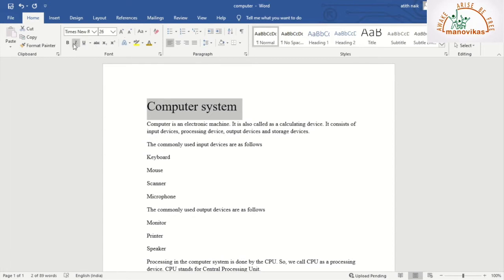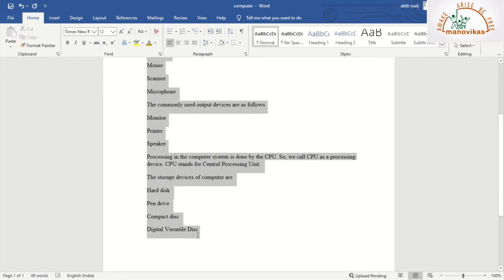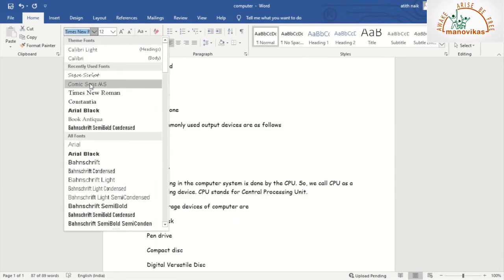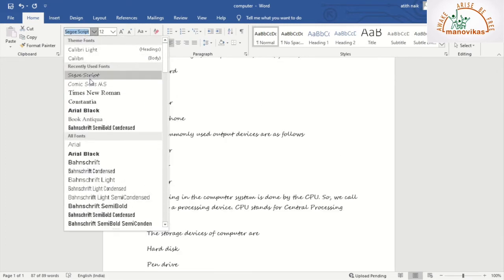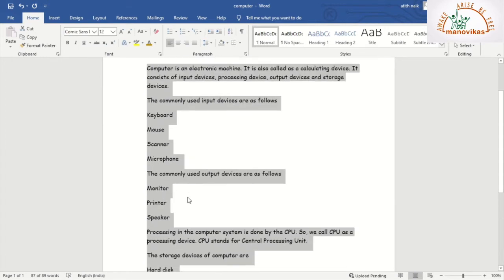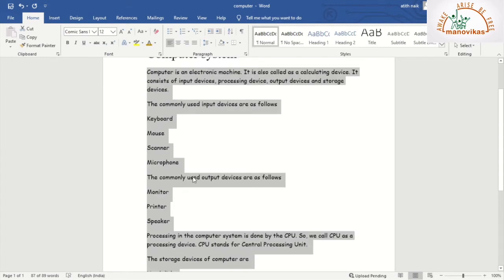Then we have bold, italics, underline. But before that, let us see the font style. To change the style of your text, you need to select the text, click on font style, and there are different styles listed here. So you see the style has changed.